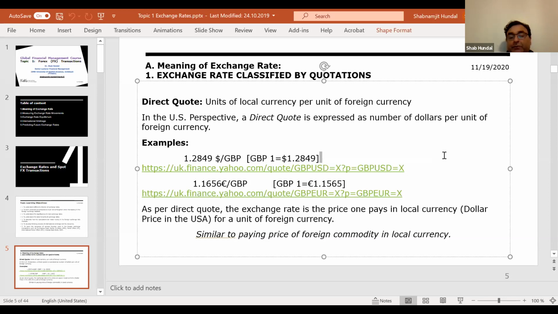This is the right way to write. If you don't write this way, a big mistake can happen. If you work in some financial institutions, I know there are software programs that automatically do these adjustments. But if you are doing it on a piece of paper,